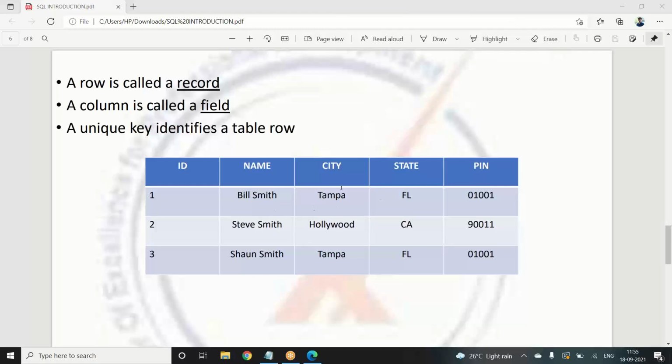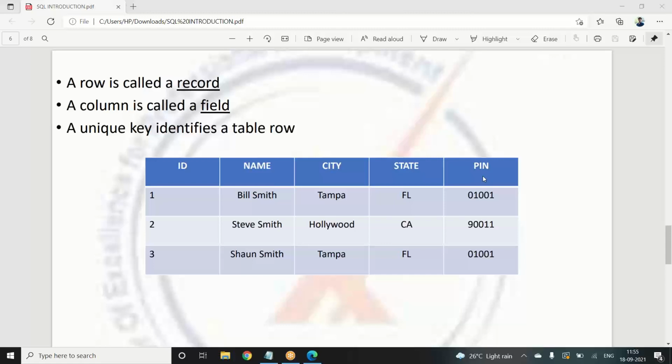Sorry for that. So in the city, we also have the city repeating again, and in the state, we have this Florida repeating again, and in the pin. If we assume that we have a retail store that we are running, we have to maintain the stock details, the customers who are coming in, the customer details, and the people who are working in our retail store. We also have to maintain sales details.